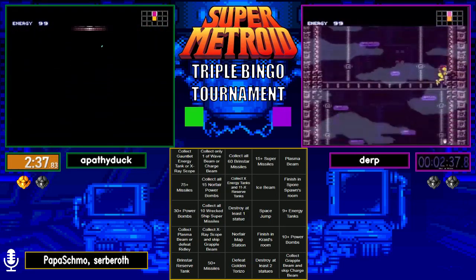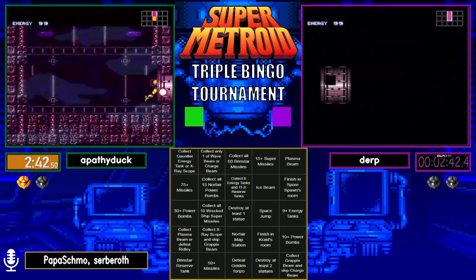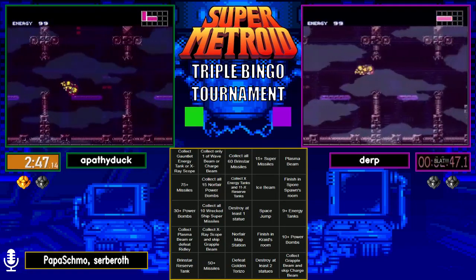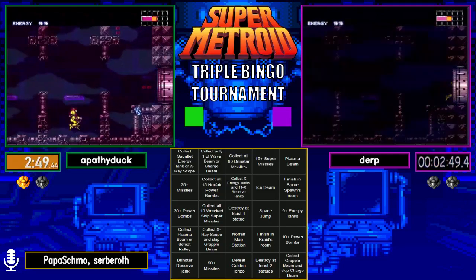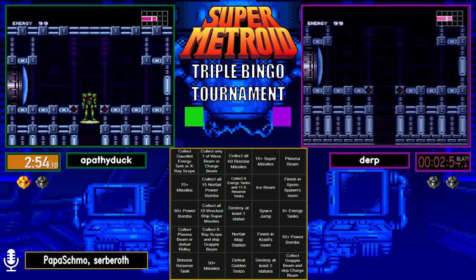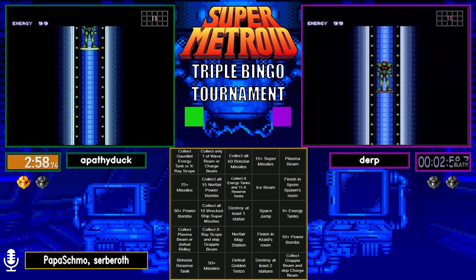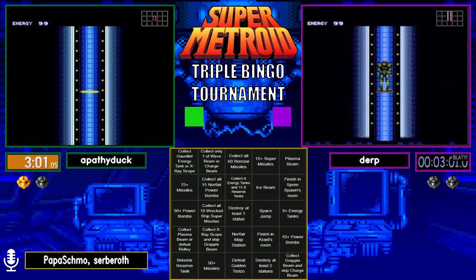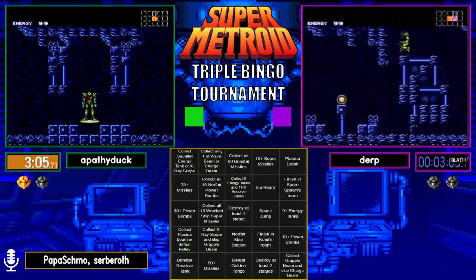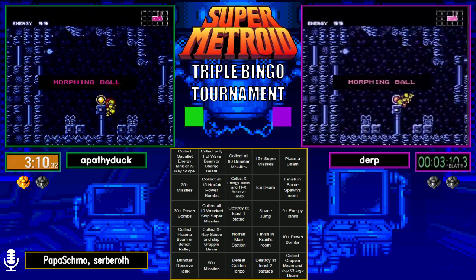Now we also have in the top right Plasma Beam, and on row 4, we also have Collect Plasma Beam. But that means, unless you want to do some crazy shenanigans, that's going to take a lot of time. That means you need Gravity Suit. That means you need to go to Wrecked Ship. All these things have these little stipulations among them. It's not just go get the thing. It's go do everything before you can get there. And a lot of the crazy shenanigans are actually banned in Triple Bingo. So